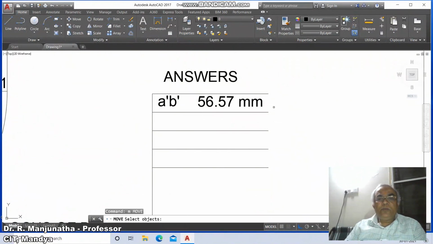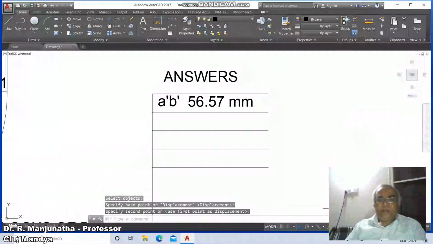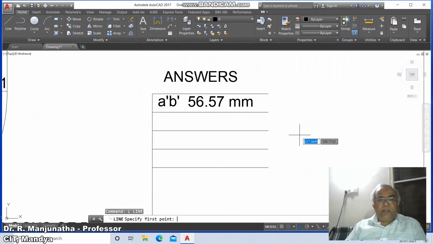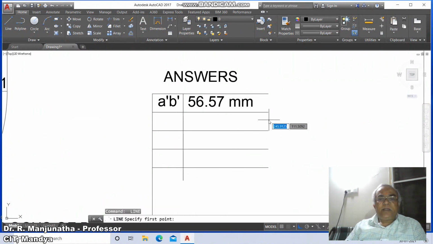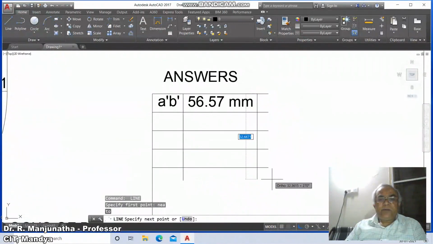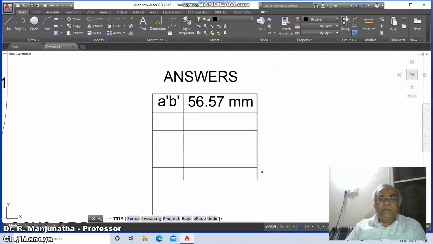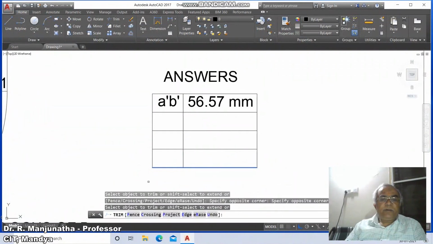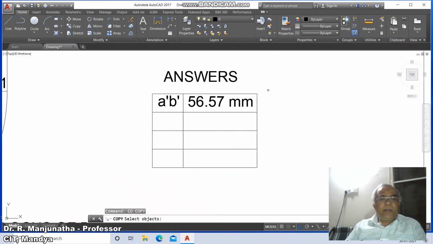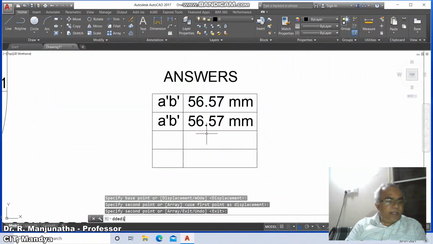Then you just go to move command, move it appropriately inside, then go to line, draw a line from nearest and you drag this, and similarly draw a line from nearest and you drag this. Go to trim here between these two and trim, select cutting edge and trim like this. Similarly go to copy, select between these two and you bring it here and go to DD edit.